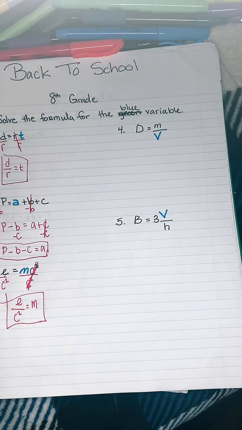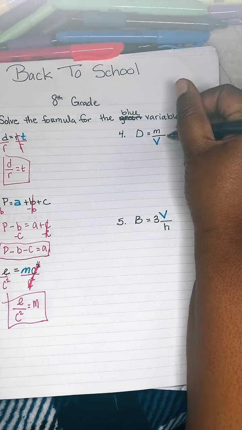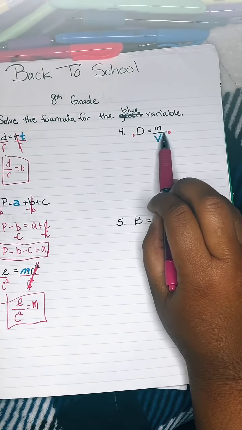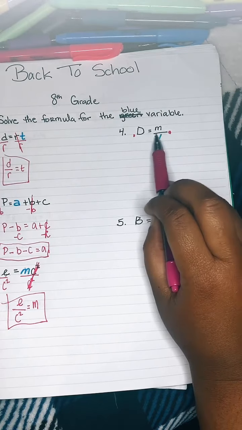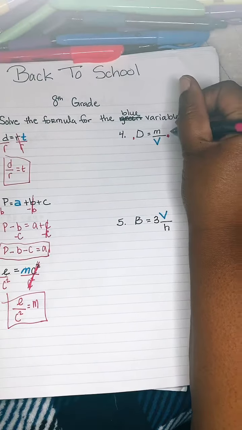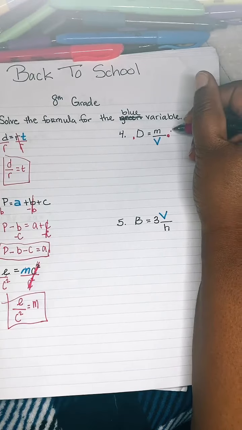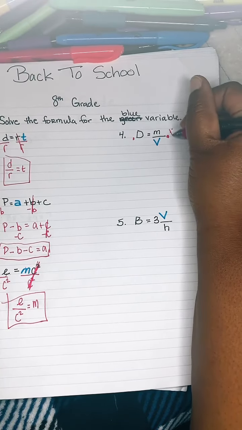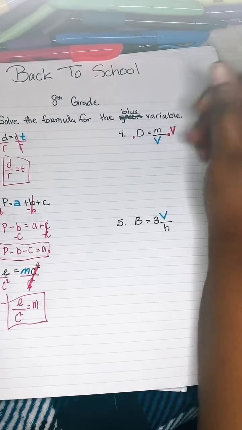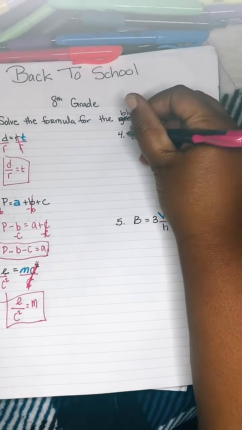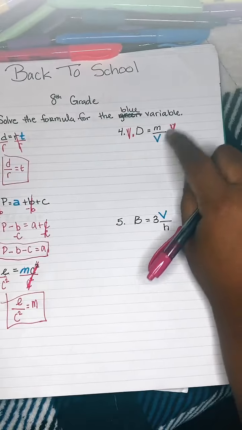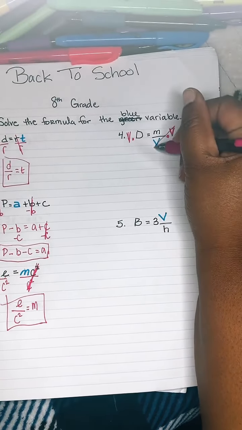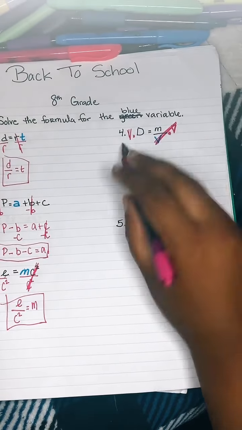Or we can do this in two steps. So I love how people are saying multiply. And why they're saying that is because this bar means division. So we have to do the opposite. So I can either multiply by the reciprocal or I'm going to do this in two steps. I'm going to multiply by what's in the bottom, the denominator, okay? And what I do to one side, I have to do to the other. So these V's are going to cancel. And now I have